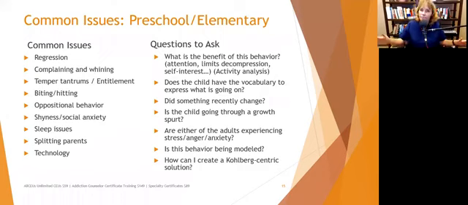They're trying to individuate a little bit at this point, so they may not know how to set healthy boundaries and communicate what they need to, and they may be saying no in order to try to get a reaction. They may have shyness and social anxiety, sleep issues. They may start splitting parents. So they'll go to mom and ask if they can go over to Johnny's on Saturday. And if mom says no, they turn around and go to dad and say, can I go to Johnny's on Saturday? And if dad says yes, then they are pitting the parents against one another.